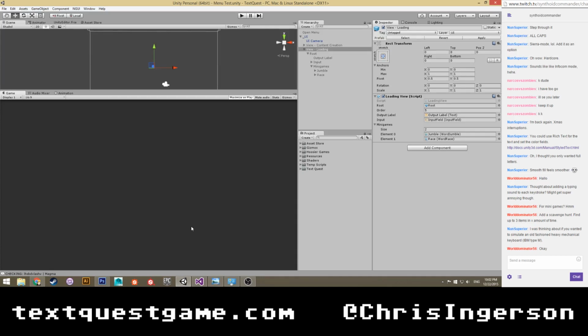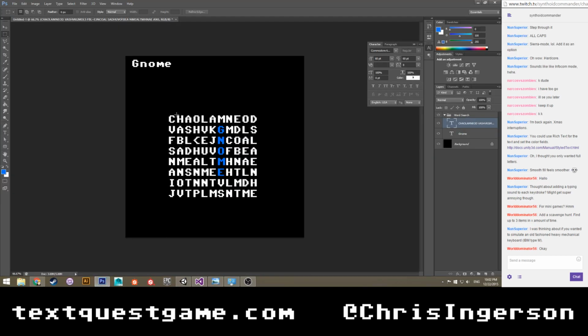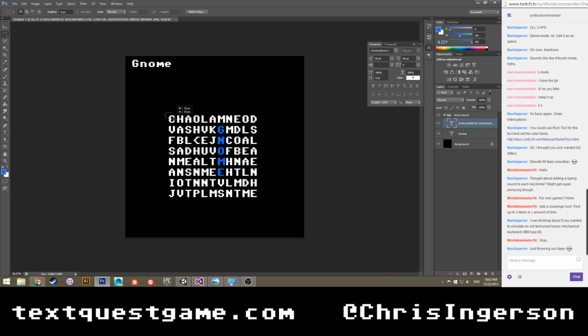But yeah, World Dominator, that's why I'm not doing a word search, because right here I gave the example of gnome as the word that you want to find, and we have gnome right here. But the rest of the words were just randomly typed by me. I was just smashing keys on the keyboard, and inadvertently I spelled stuff like coal, bee, lean. I almost spelled chaos. Vash, sad. What else have I spelled? Basically, a bunch of stuff that I would have no real way of knowing what to do.